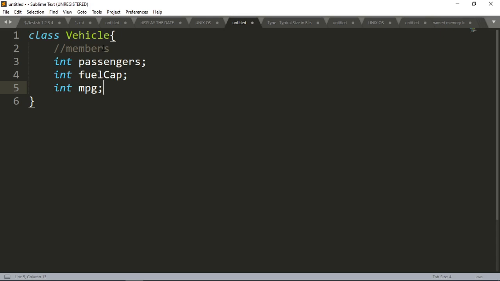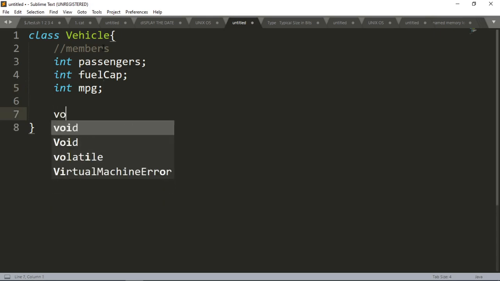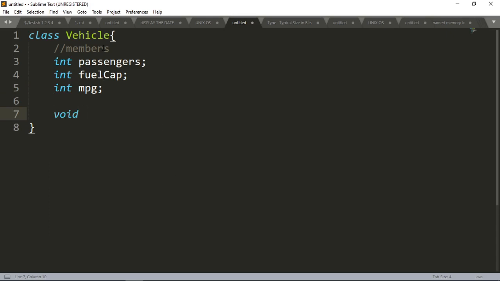Now after declaring the member variables, we can add a method to this particular class. So how to add a method? I have already told you in the previous classes there are four different kinds of methods. I will show you one particular method. Look here, I am writing a method known as void setData. Why is it void? Because it will return nothing.